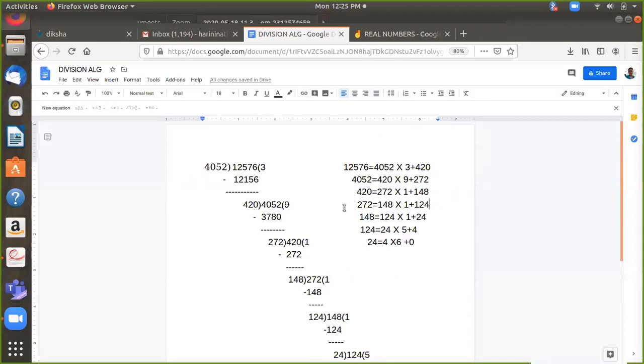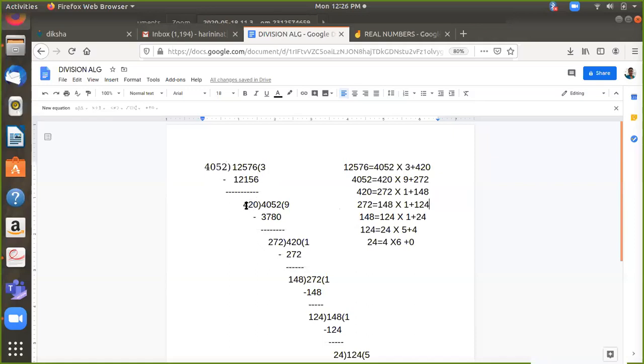Ma'am, what to do if the remainder is greater than the dividend? Divisor, not dividend. Divisor. It cannot be. Why it cannot be, I will tell you. If you do it as 4052 only 2 times, you will get a number bigger than 4052 on subtraction, because actually 3 times it will go. But you are only deciding it is 2 times and making the mistake. So when you get a remainder which is greater than the divisor, it means your quotient is wrong somewhere. This quotient is not taken properly. That's why you are getting this as bigger.